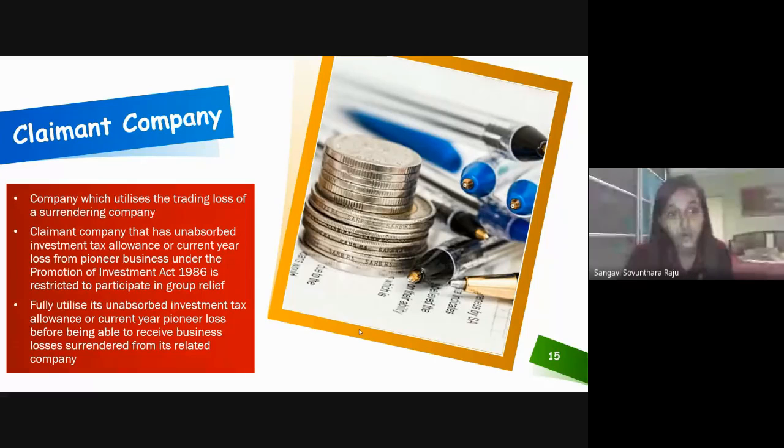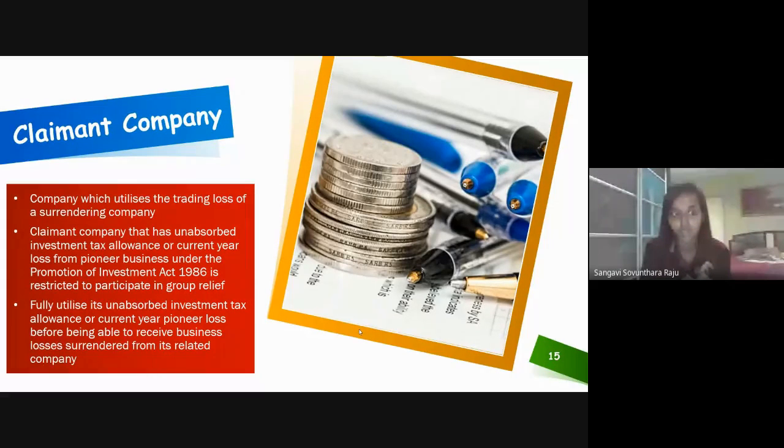Claimant company is a company which utilizes the trading loss of a surrendering company. So the company should utilize the trading loss which has happened previously in the surrendering company. And if the claimant company has unabsorbed investment tax allowance or current year loss from pioneer business under the Promotion of Investments Act 1986, it is restricted from participating in group relief. If a claimant company is already claiming the current year loss from pioneer business or investment tax allowance, it is not allowed to participate in group relief, which means it cannot claim